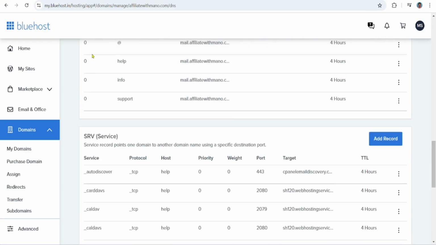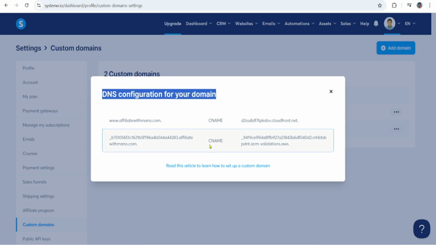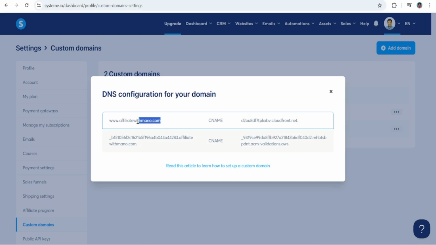So what is required? If you go over here to System.io, you can see the DNS configuration for your domain, which is two CNAME records which have to be entered. So just copy this whole thing